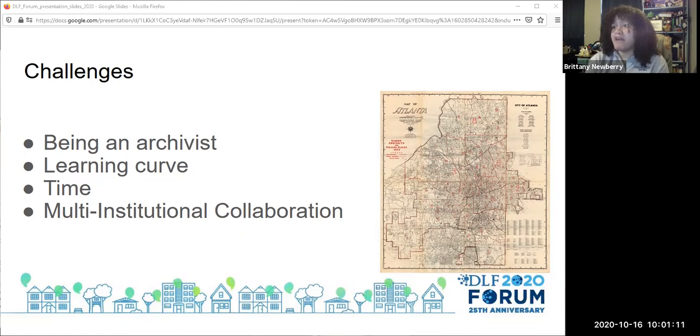I'm also learning how to do this whole process from start to finish. It was my first time ever scanning maps, first time ever using the application. It is a new learning experience and a learning curve. Investigating and learning each application meant learning new skills that didn't always make sense to me. However, I will say that the majority of applications I worked with had great tutorials, which brings me to my